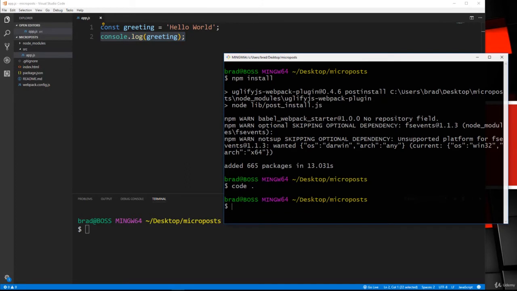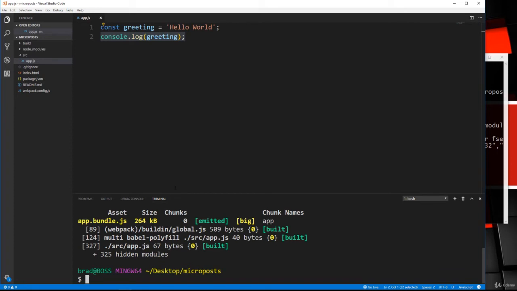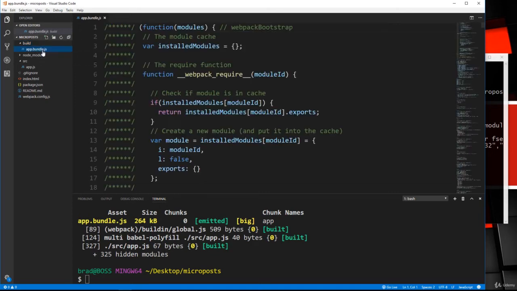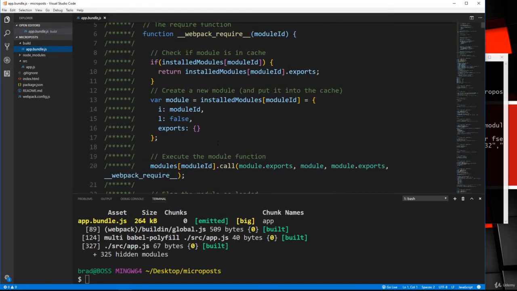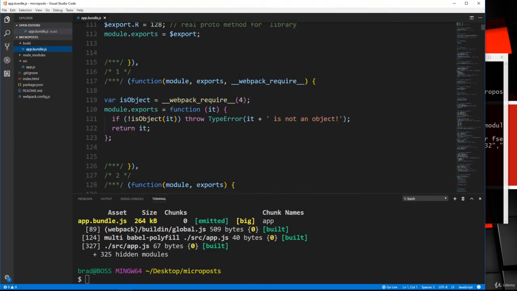If I go to my command line, I can either go over here or down here. I'll just go down here and I'll say npm run build. And that's going to have Webpack create this build folder for us. And if we look inside, we have an app.bundle.js file. And this is basically, there's going to be a bunch of crap that you don't understand here. But if we go down to the bottom,